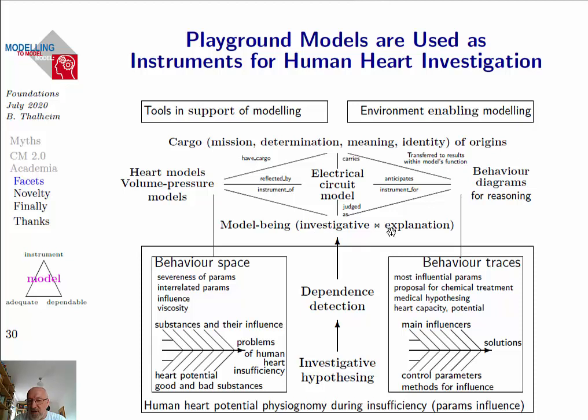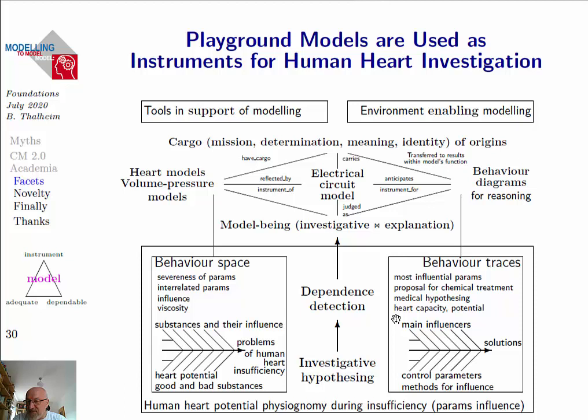We use already existing models like human heart models or volume pressure models, the heart is a pump, and we say, okay fine, in this case we can use maybe a completely different way, and this was already done by Danbokov and others. We use an electrical circuit model that mimics the behavior of the volume pressure models, and we can show now what kind of behavior we have, and using this model we can somehow know what kind of, let's say, proposals for chemical treatment or for pharmaceutical treatment we can have,